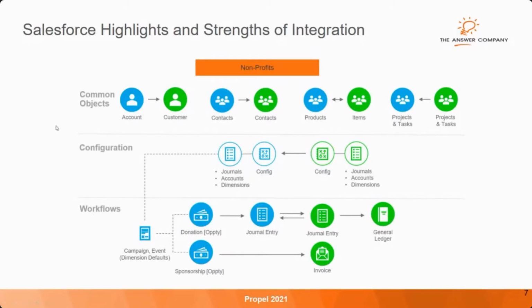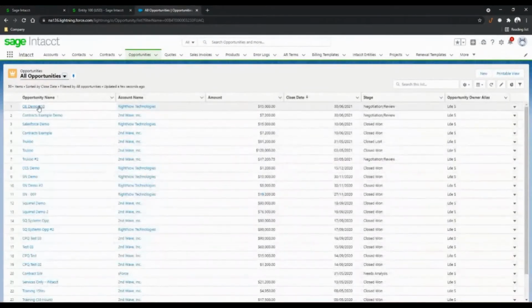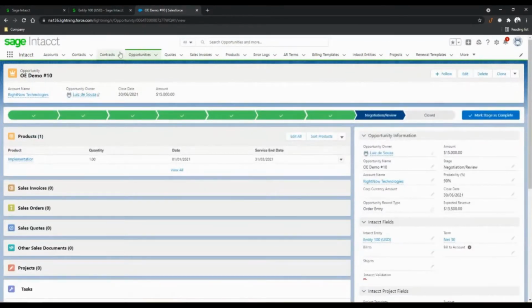Now, what I want to do here, I want to quickly show you how that works in real time. I have two opportunities that I want to start here. The first one in my list of opportunities, I have an order entry demo example where I have an opportunity in Intacct that I just want to move forward, close one this, and send to accounting as a sales order